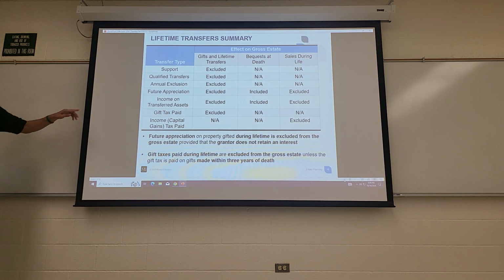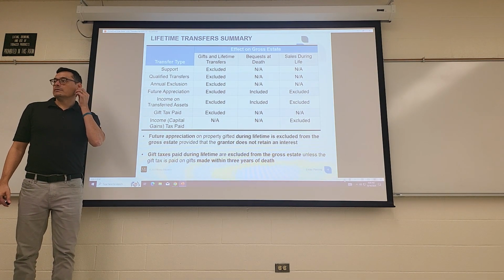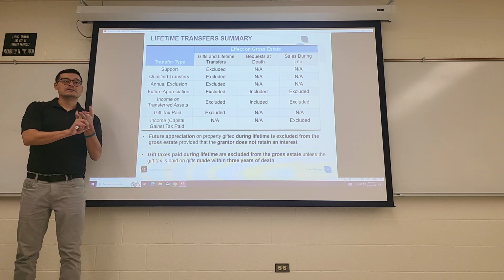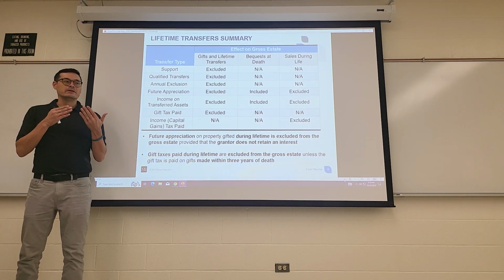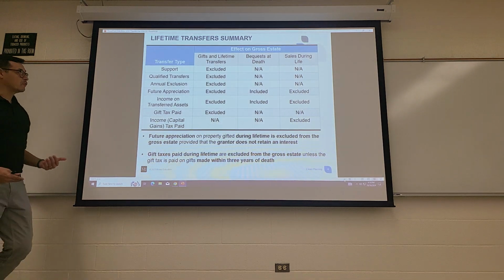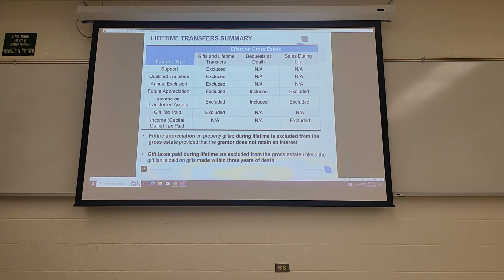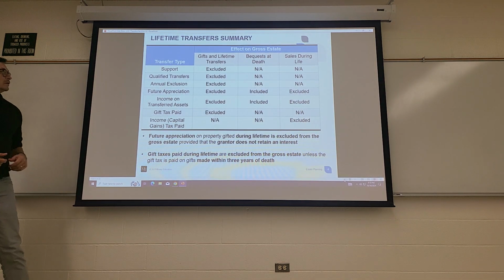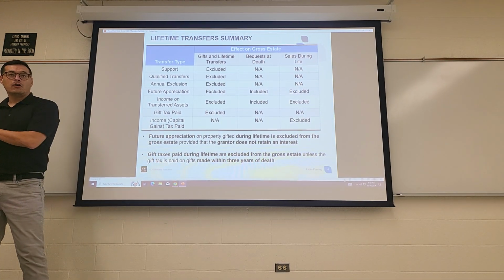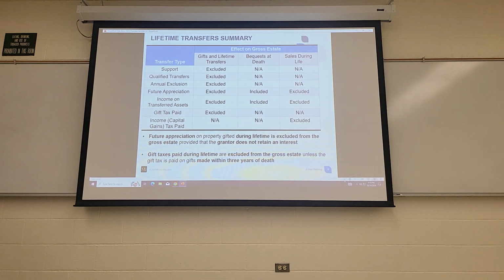Any type of qualified transfers, what was a qualified transfer? Do y'all remember? To like a college or hospital. Exactly. So that's not subject to gift tax. Now keep in mind, the gift and estate taxes are unified, so they're kind of used interchangeably for these purposes. That's excluded. With qualified transfers, I get to run out the tank. Same thing with the annual exclusion. If I give up to the annual exclusion, my gross estate is reduced by that much. Any future appreciation, if I give it away now as opposed to when I die, all of that appreciation is excluded from my gross estate. So that's the idea of what we've got going forward.